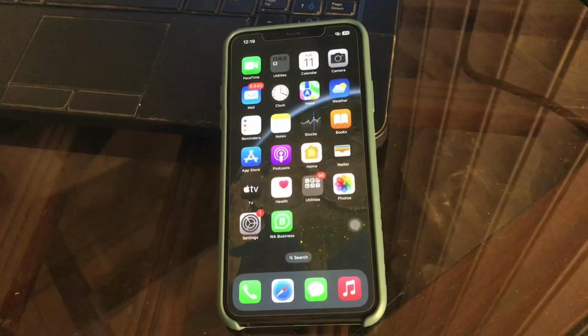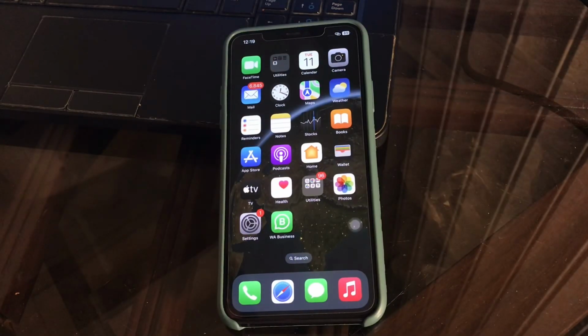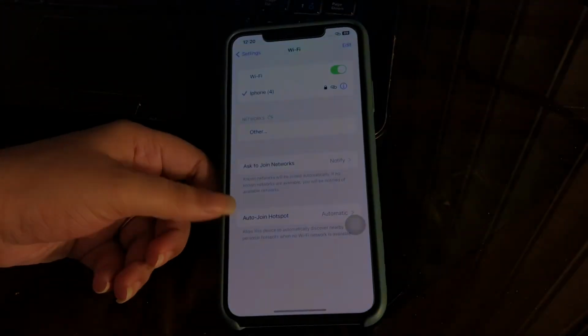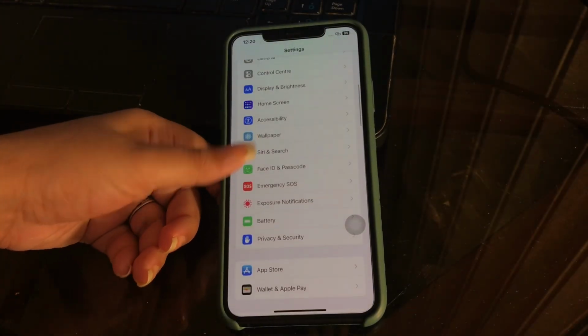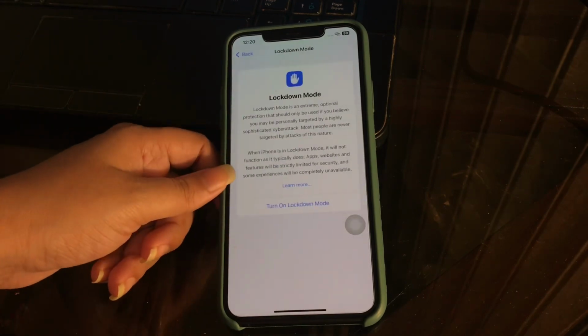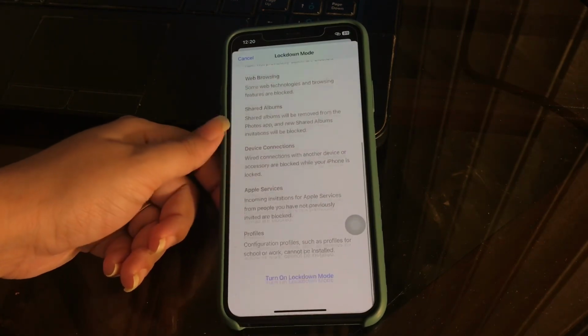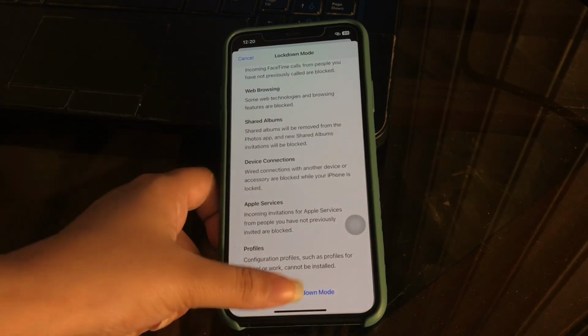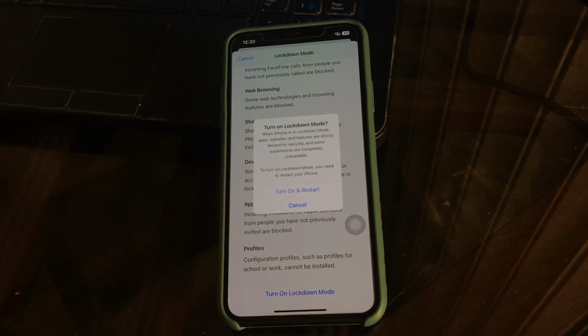And the next tip is lockdown mode on iPhone. Apple imposed extra security on their iPhones, which is very essential to some users only. This feature is called lockdown mode, which when enabled on their iPhones, stops anybody from using the iPhone or its features and apps. It primarily locks the phone, apps and websites. To enable the lockdown mode, go to Settings, tap on it, and then tap on Privacy and Security. Scroll down to the bottom and then tap on lockdown mode and turn it on. Scroll down and tap on turn on lockdown mode and follow the on-screen instructions, and you are done.